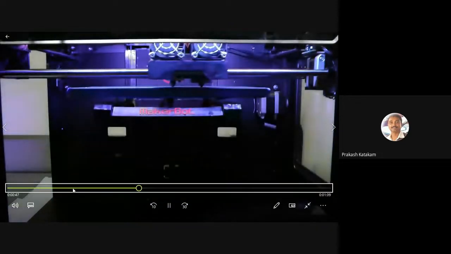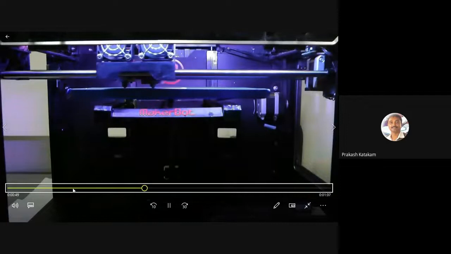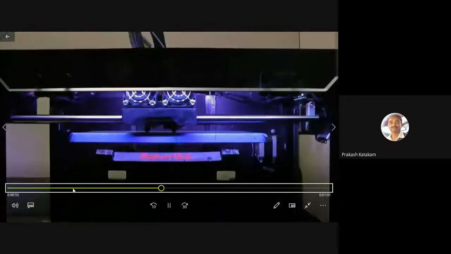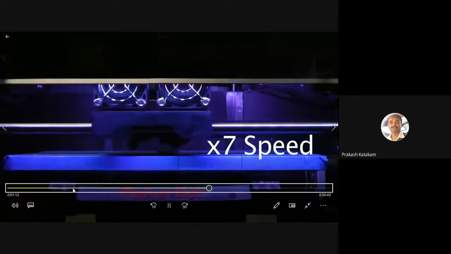It has started printing. It is actually a dual extruder. Is it visible? Yes, sir. It has made the tablet.